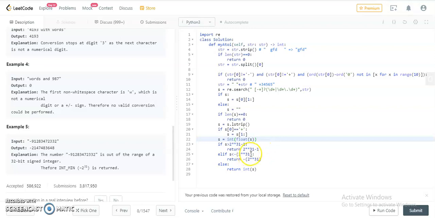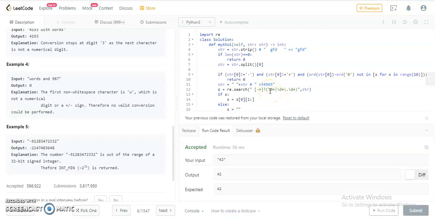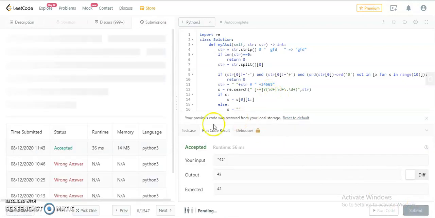If it is less than the 32-bit integer limit, then I'm returning that only. Else I will be returning my integer itself, right? Now let's run the code and see whether it passes all the test cases. Yeah, it passed, and let's try to submit.